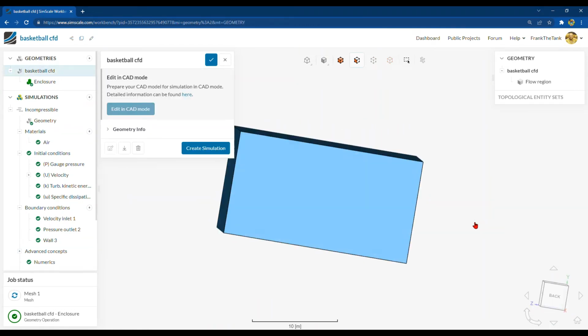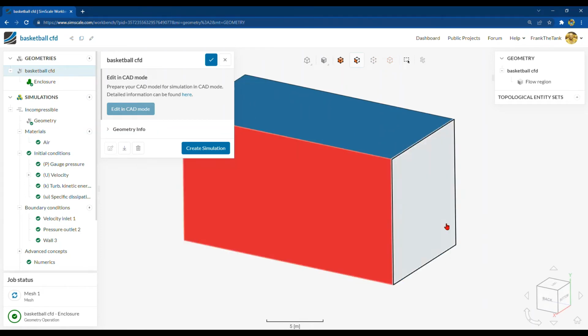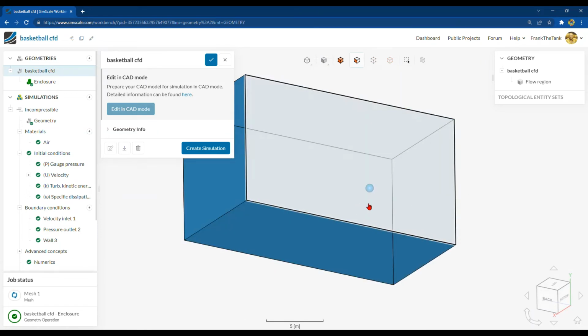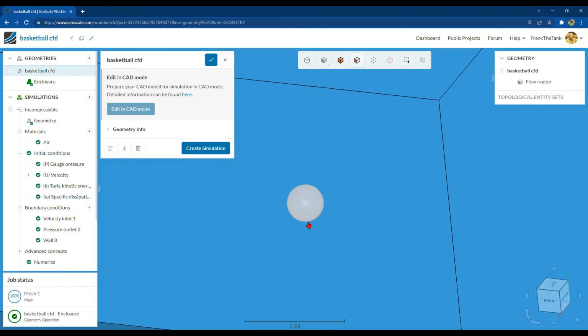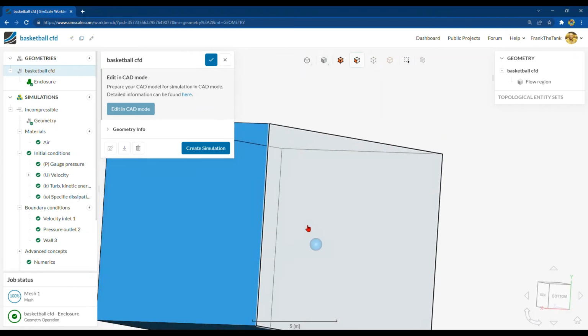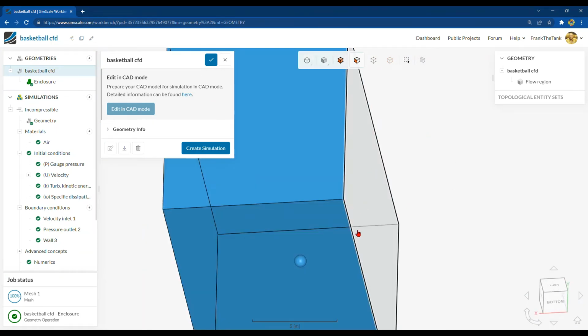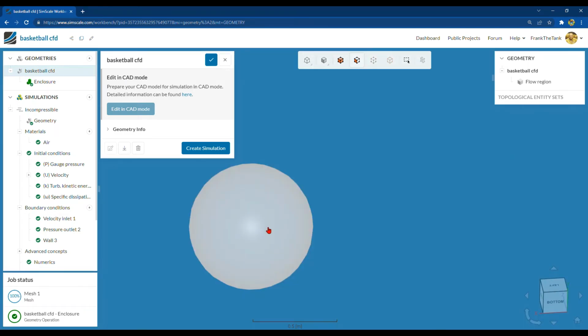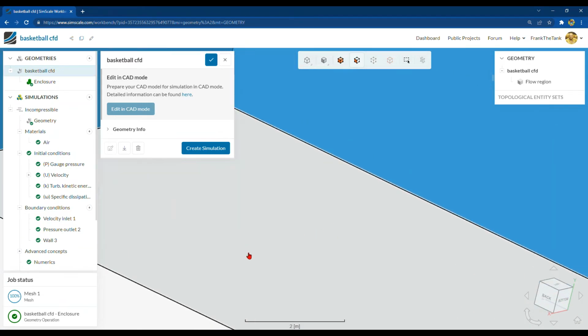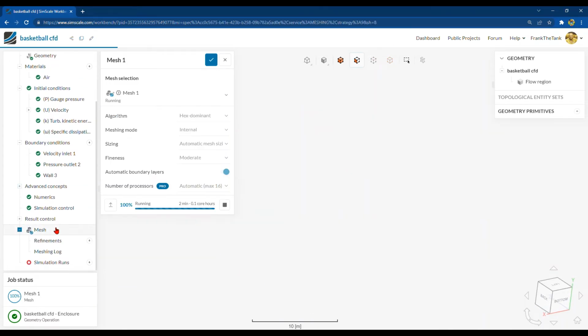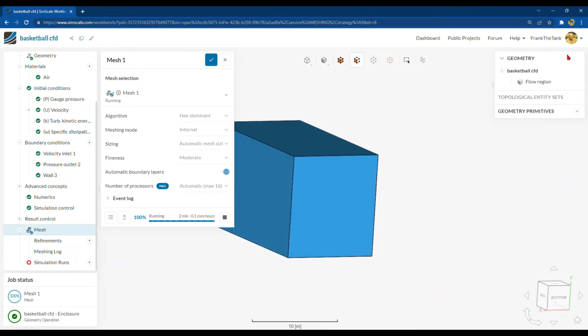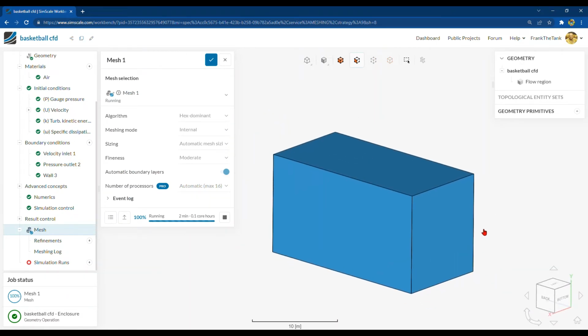the actual geometry itself, now that the basketball is done, although you can hide the enclosure, inside of the basketball is actually nothing. All of this is air, and the inside of here is nothing, so it checks the nothing part as an object. So that's how that part works. And then you can click show all. And so now that the mesh is done running,